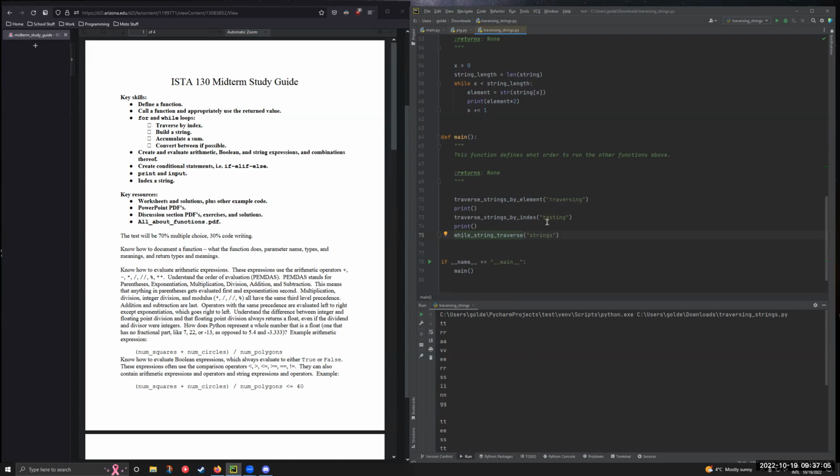So let's move on here. The next part is talking about creating and evaluating arithmetic, Boolean, and string expressions and combinations thereof. So basically what the creating part means is just how do you create a variable? We all know how to create variables at this point. It's pretty obvious. If you've gotten this far in the class, you should know how to create variables, because